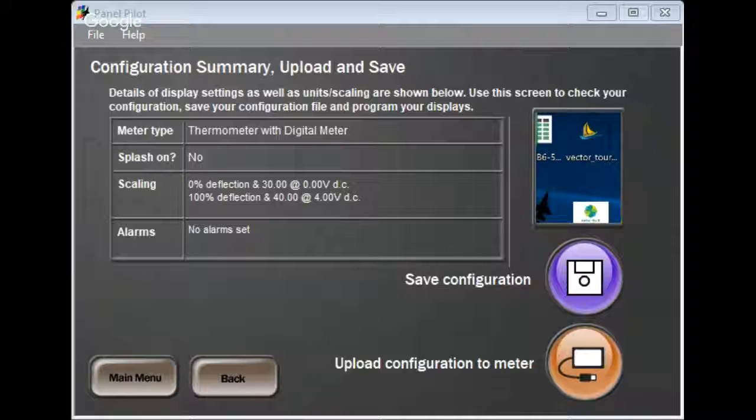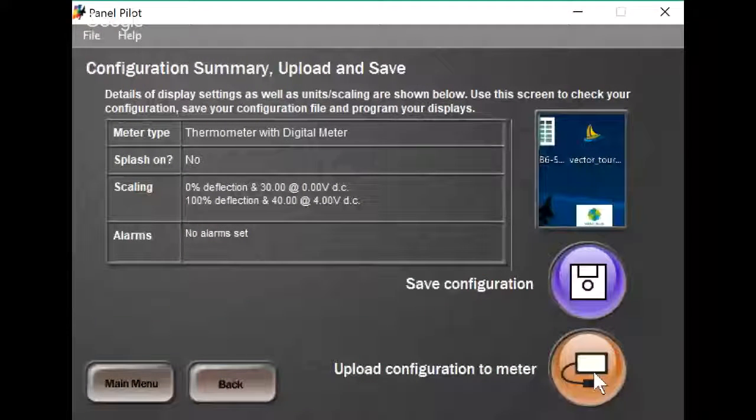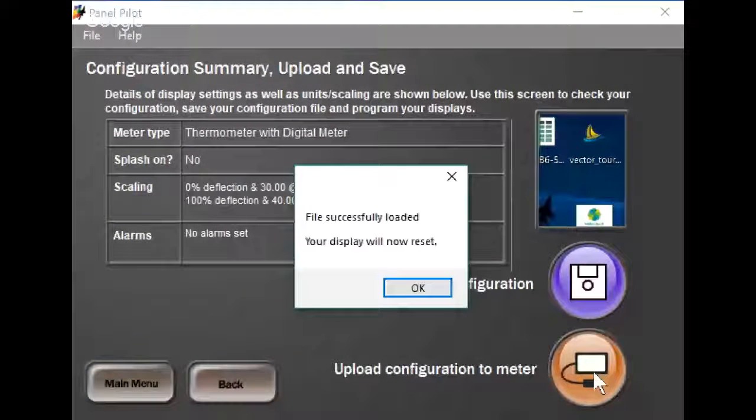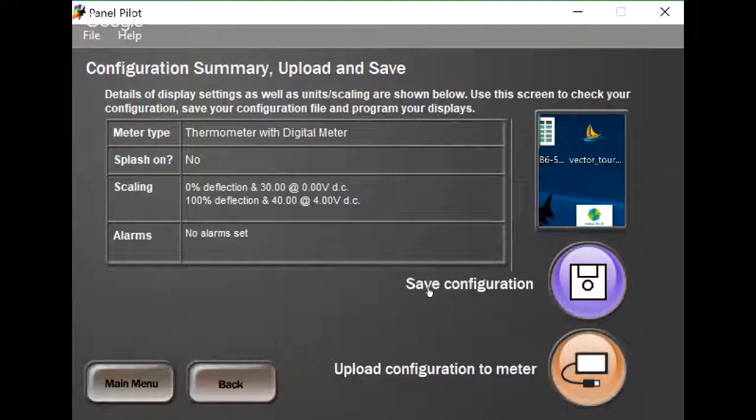Okay, so here's my recommendation. Remember earlier I mentioned that if you have to follow certain steps, the steps that I'll provide will make it much easier for you. So the very first thing that you want to do when designing a display is to build this display first, all right? Create everything, download and upload the configuration to the meter, all right? Once you have uploaded the configuration, the next thing that we're going to do now is we're going to work